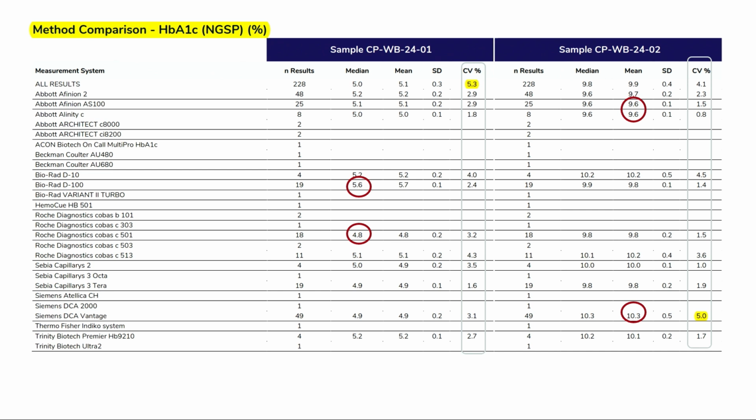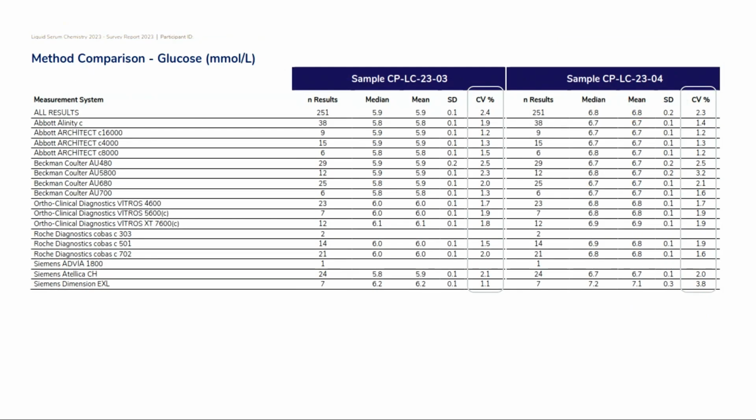This is what commutable samples show us, and this HbA1c material is available in Malaysia. This is glucose, and glucose looks really good. Look at the CVs for glucose, 1.3, but if you look again at variation between methods. Within a method, the CV is really tight for glucose. Between methods, it's not quite so good.